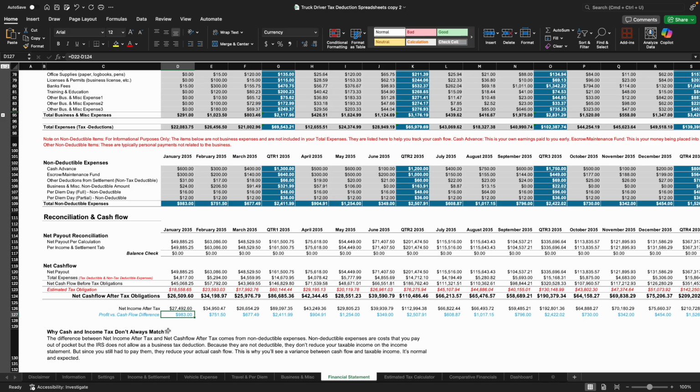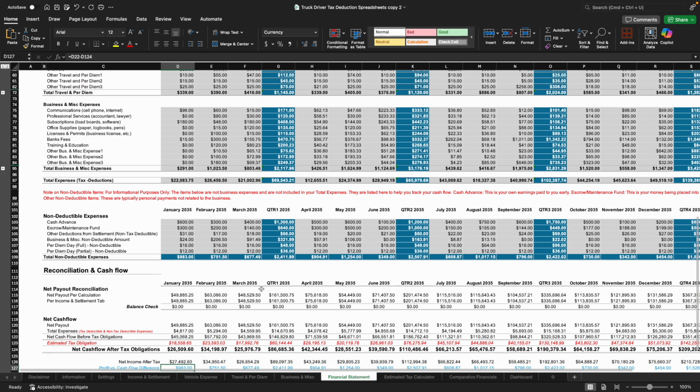Did you make money this month or did you not make money, right? Do you have enough money this month or do you not have enough money? So cash in small business or the trucking world is definitely always king because you need cash to continue your business. So that's why I have it here, and hopefully having that is helpful. So that's very much how this template works and